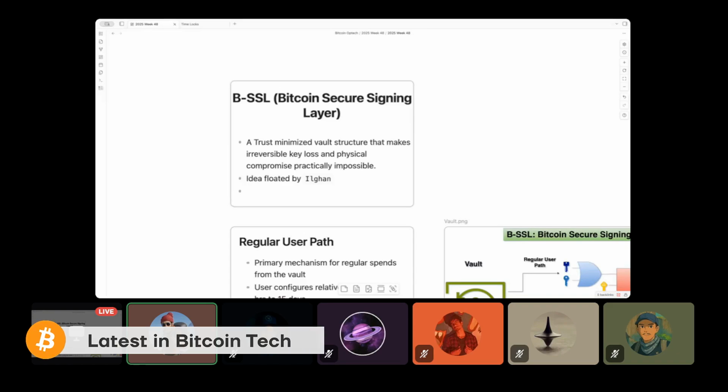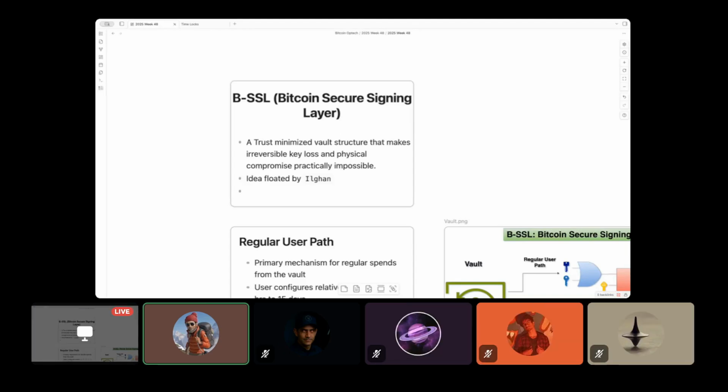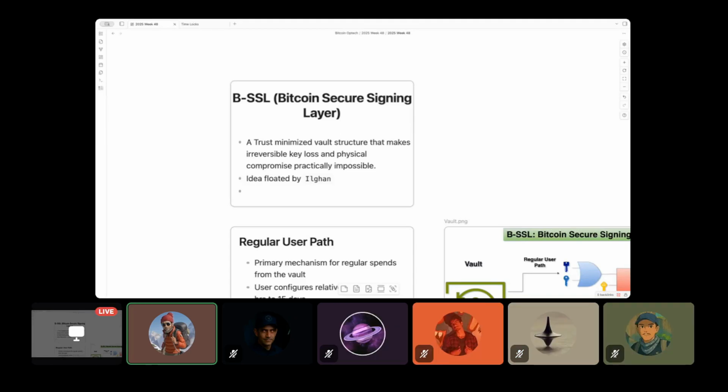Today we'll discuss a particular news item from Optech newsletter number 376. This is called, at least the author calls it, Bitcoin Secure Signing Layer or BSSL. It is claimed to be a vaulting system that is